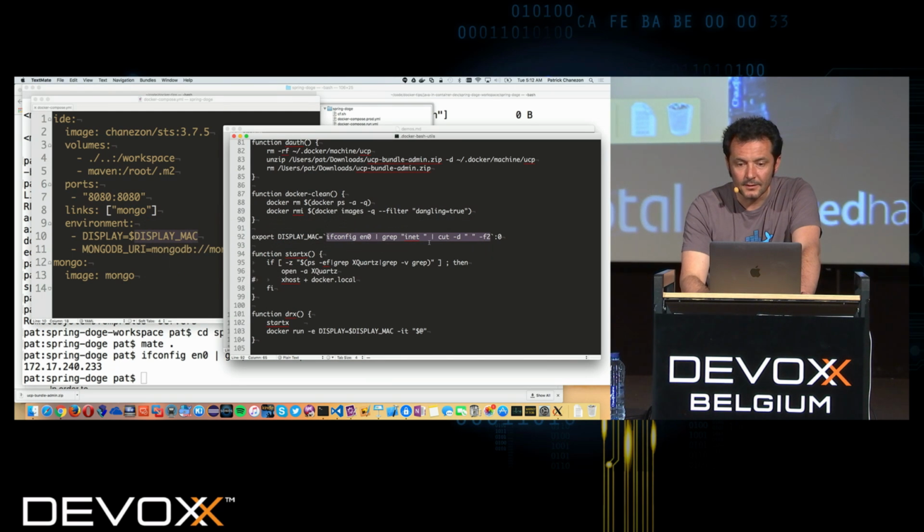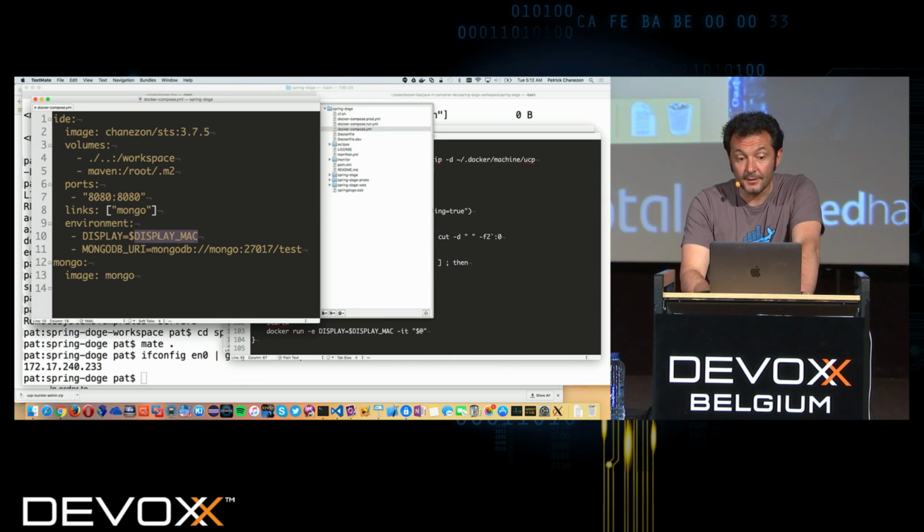Then I add colon 0 to that. And I have a little bash function called startx that checks that XQuartz is set. And that's it. So I pass to it that display Mac environment variable.